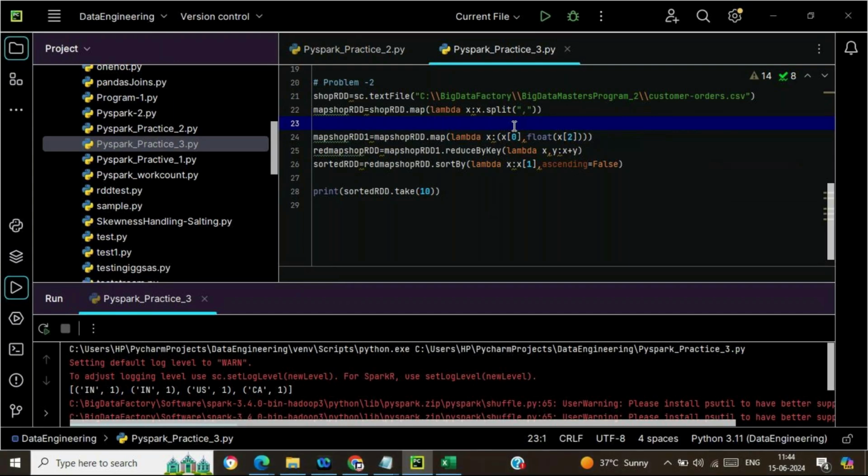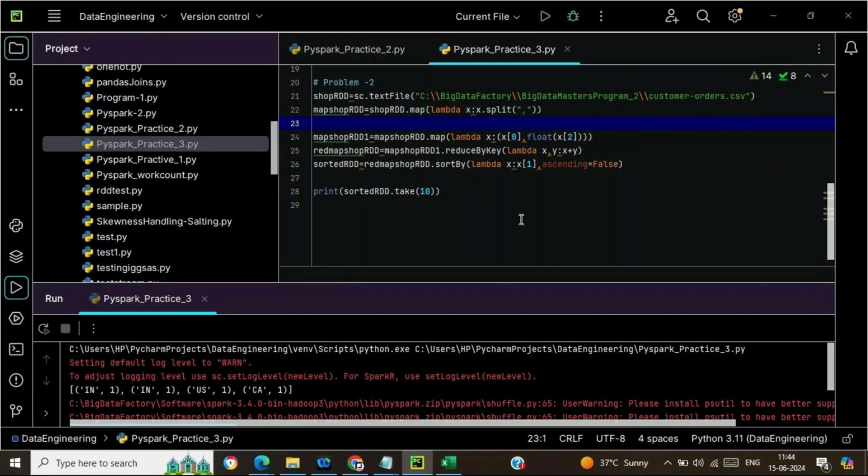In the third line, we select only the required columns, customer ID and the amount. I converted the amount into float because I need to calculate the sum of the amount. In the fourth line, I have done reduceByKey, taking the customer ID and summing the amount, so we get the total amount for each customer.